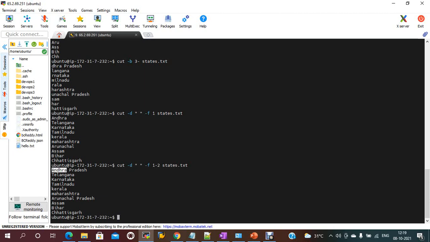In this, Andhra is one word and there is a space and Pradesh is another word, Andhra Pradesh. So if you use complement, except the first one, complement hyphen d delimiter space 1, the remaining things should be displayed.